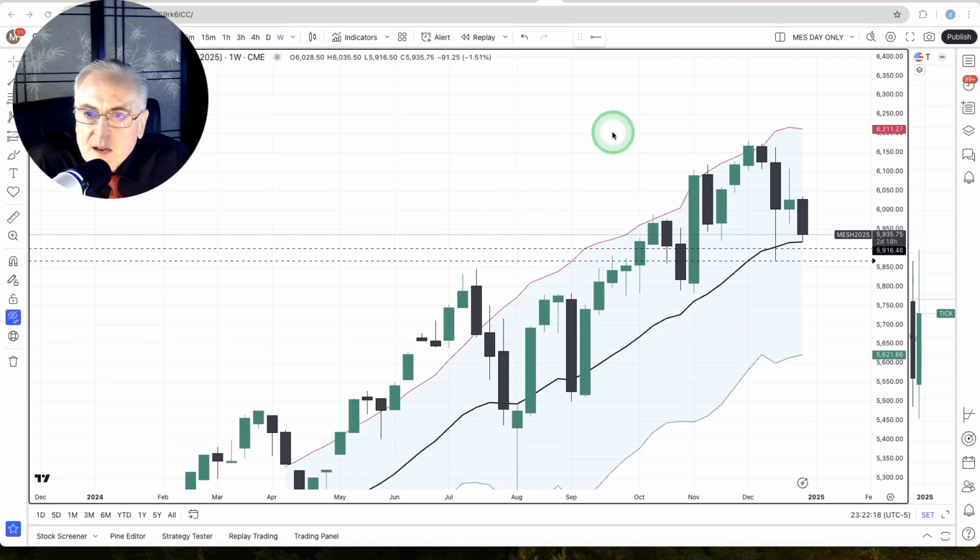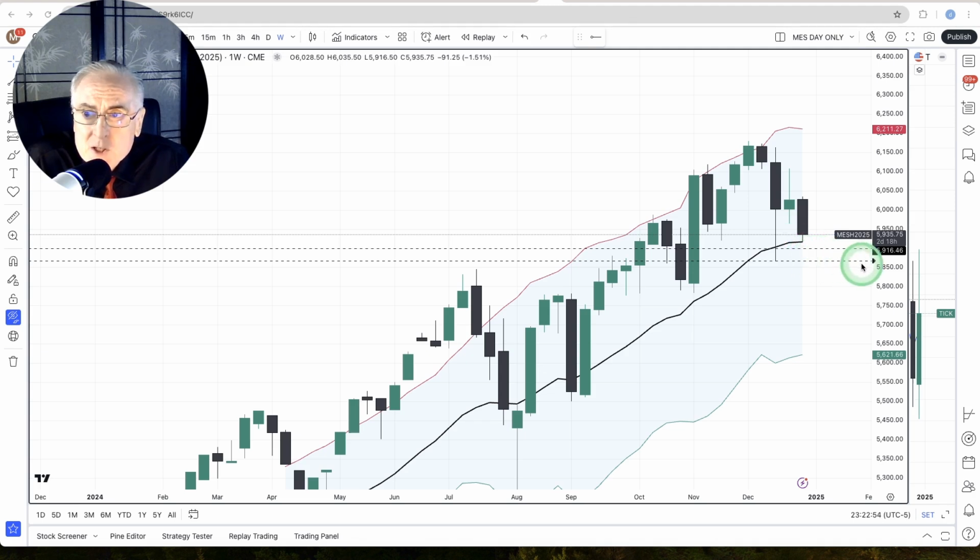Weekly S&P 500 futures. So this is what it looks like on the weekly chart ending the year. You can see here 5935.75 on this line. I've got marked out some dash lines for Thursday, Friday. We'll have to go to a smaller time frame. Basically, this is a premium on the Bollinger Bands because we've not violated this black line right here. So until we do, technically, we're still in a premium, but getting close to the crossing here.